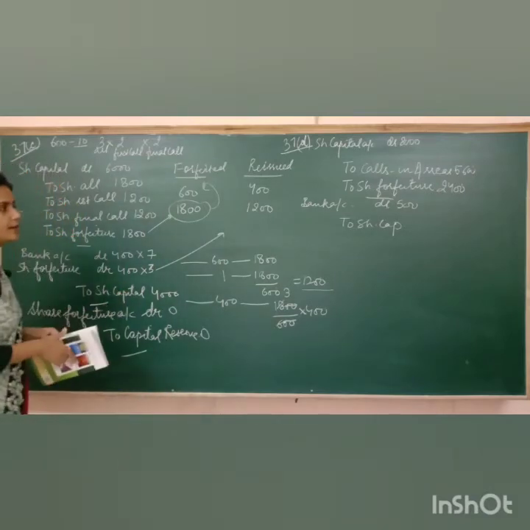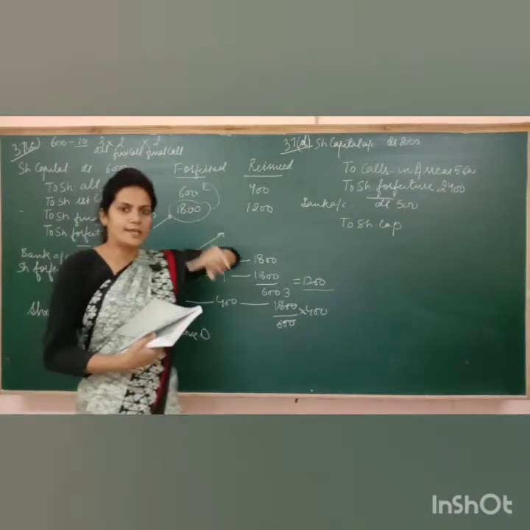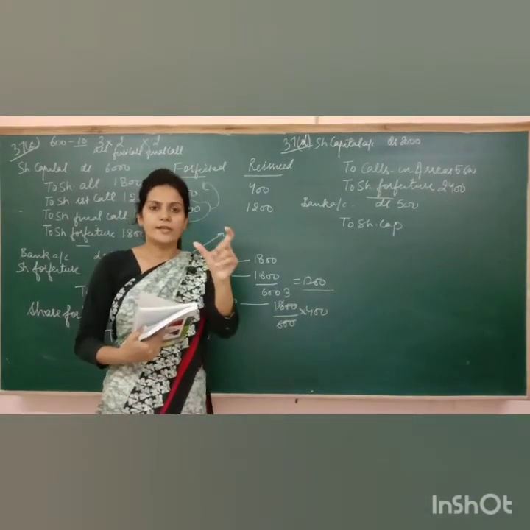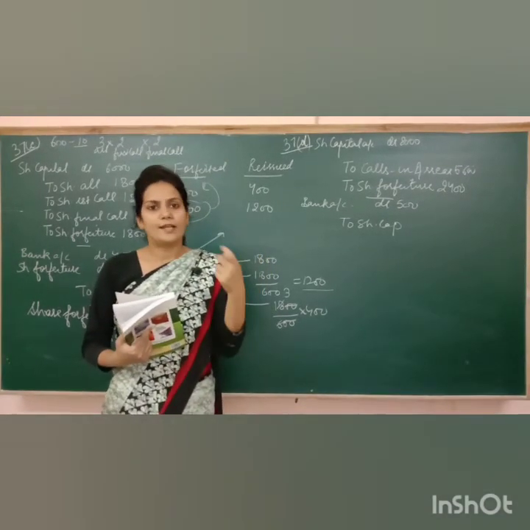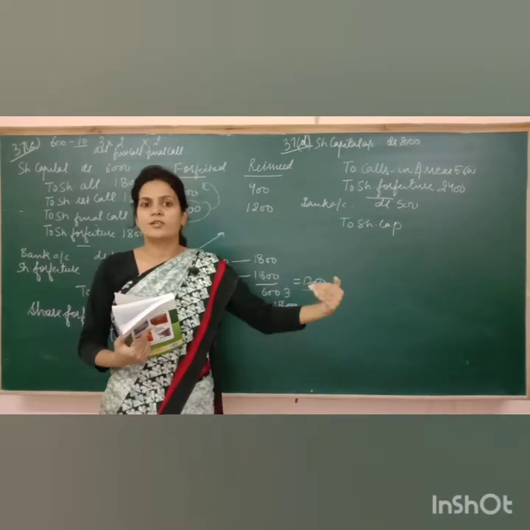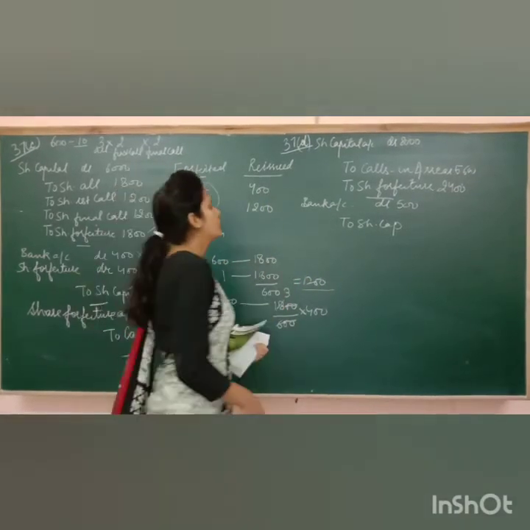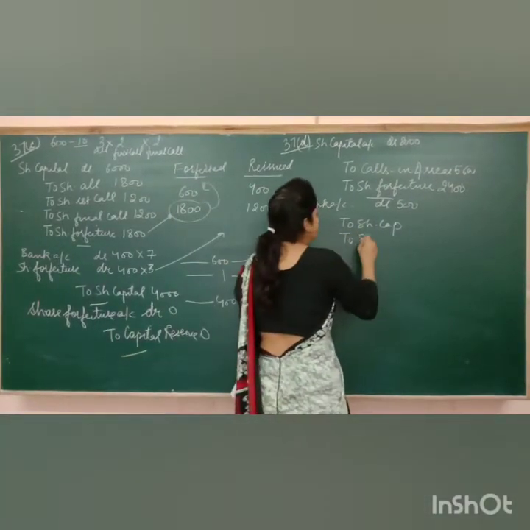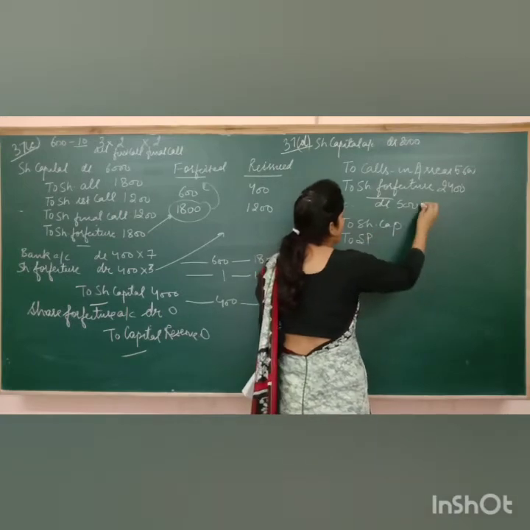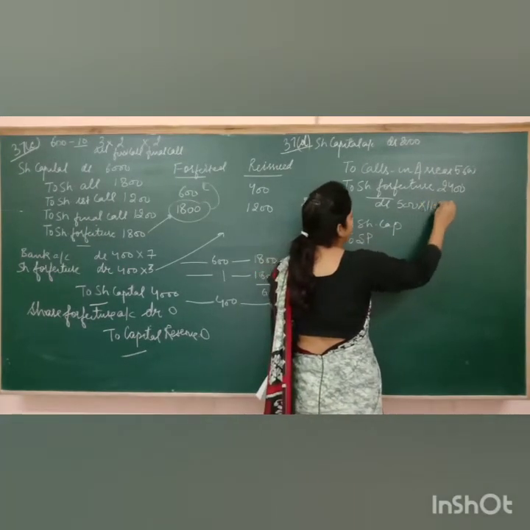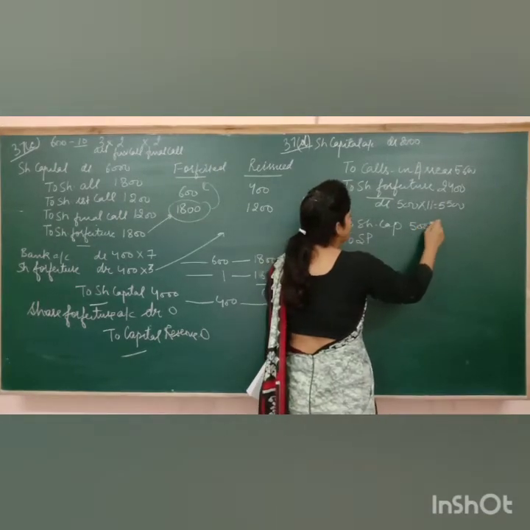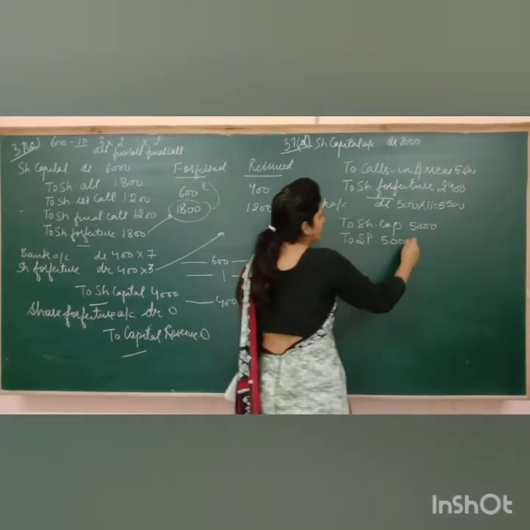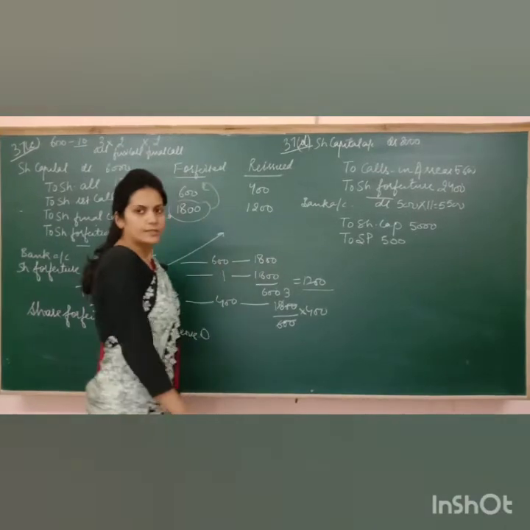Now compare again. The value of the share was 10, and because the words fully paid up are there, you have to compare the value of reissued shares. Reissued at 11, compare it with the original value, that is 10. So 1 rupee is securities premium. So here 500 into 11, 5500. Here 5000. Here 500. Clear?